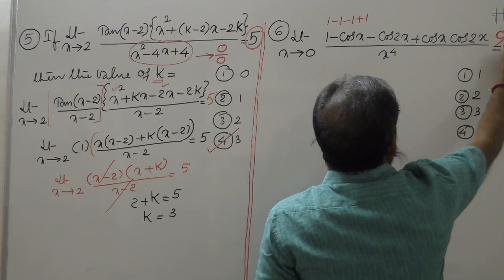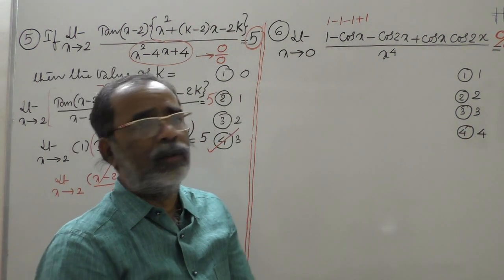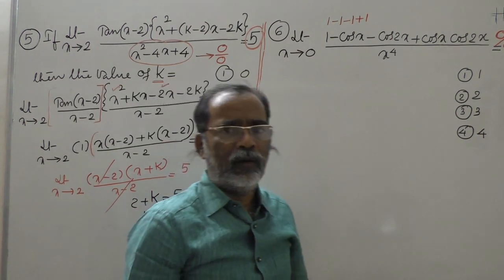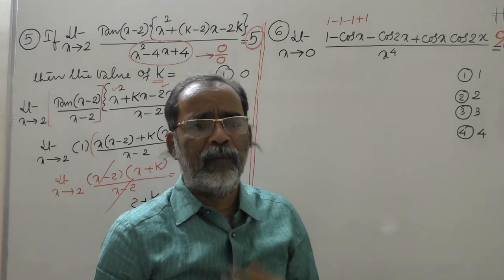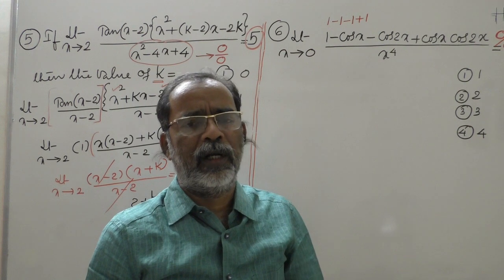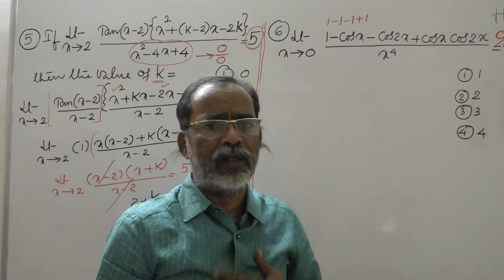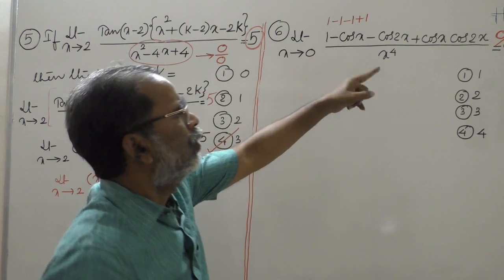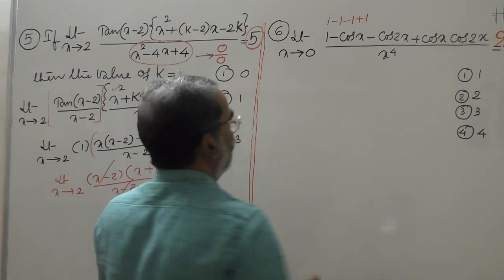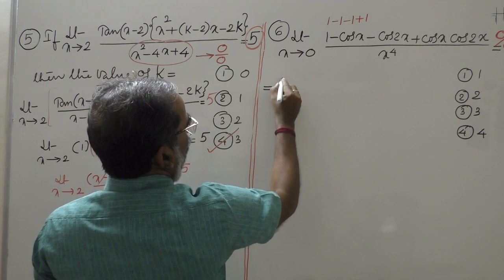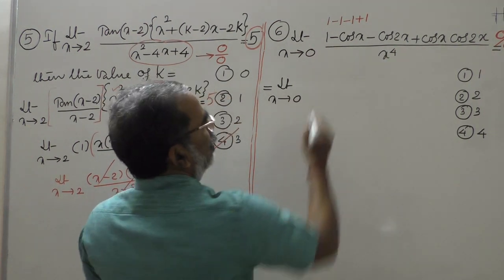This will be, numerator is what? 0. Clearly x power 4 is there, and x is tending to 0, so the denominator is also 0. Therefore we get 0 by 0. So for this type of problem, when you are getting an indeterminate form, you should apply factorization, rationalization, or any standard limit, or for 0 by 0 you can also use L'Hospital rule. But L'Hospital rule for this is not that simple. So what I do, I will adopt another procedure. So limit x tends to 0, I will factorize this. What is there?